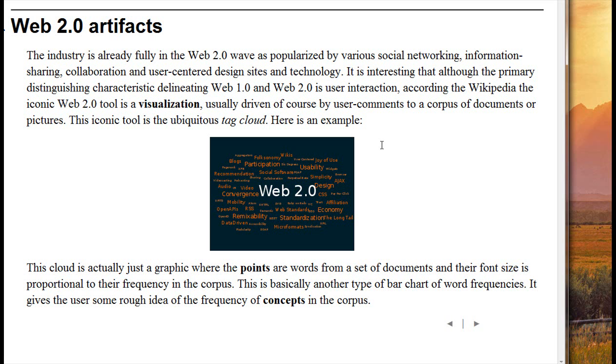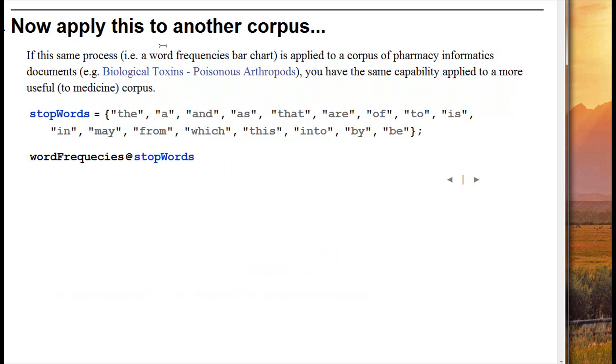Now, this cloud is actually just a graphic where the points of the graphic are words from a set of documents, and their font size is proportional to their frequency in the corpus. This is basically another type of bar chart of word frequencies. It gives the user some rough idea of the frequency of concepts in the corpus. So let's apply this to a different corpus. Now, if the same process, word frequencies bar chart, is applied to a corpus of pharmacy informatics documents, such as